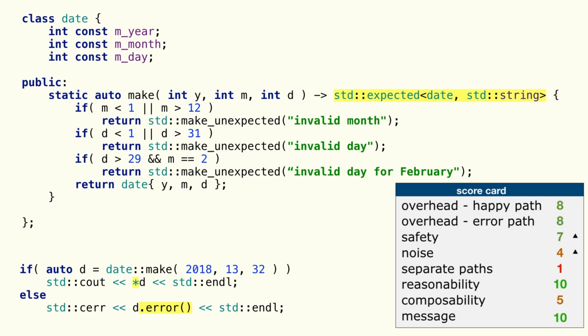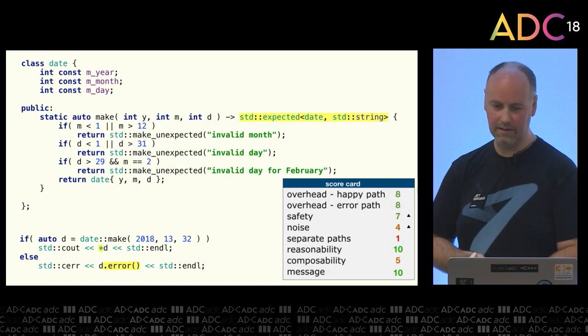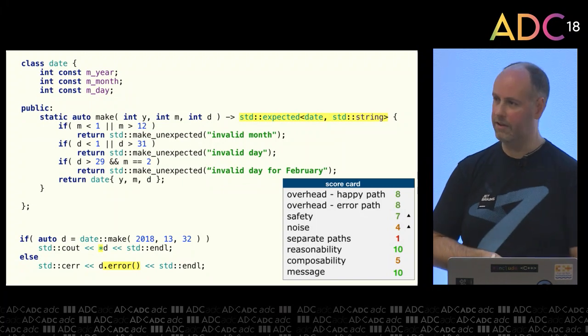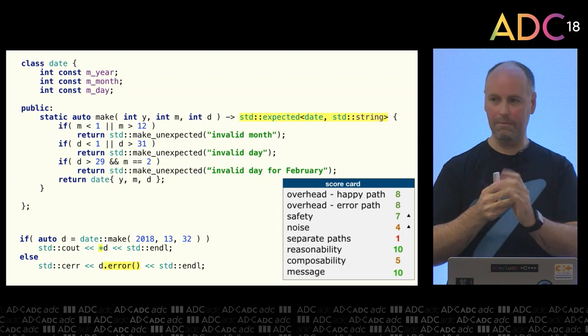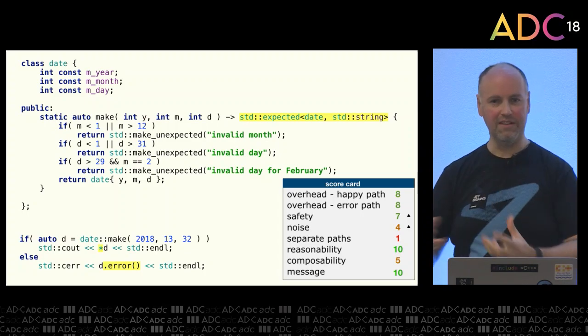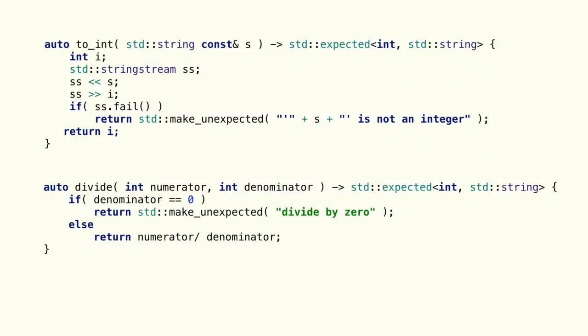But I talked a lot about composability, amongst other problems that we're still yet to solve. And I said that we don't really see it in these examples because they're only one level deep. It's when we want to compose things together that it shows up. So I want to drill into that a little bit more. To do that, I'm going to introduce two functions that we want to compose together. First one, toInt, is just taking a string, converting it to an int. The second one, divide, will take an int and another integer to divide it by.